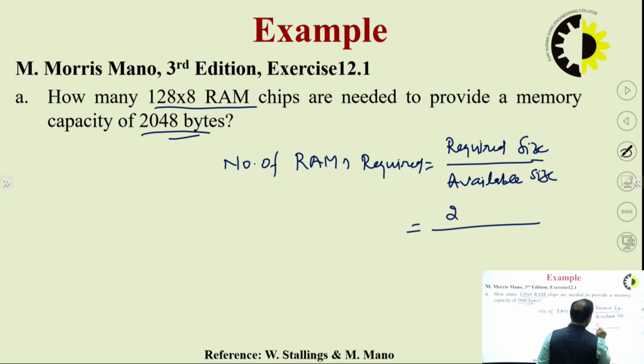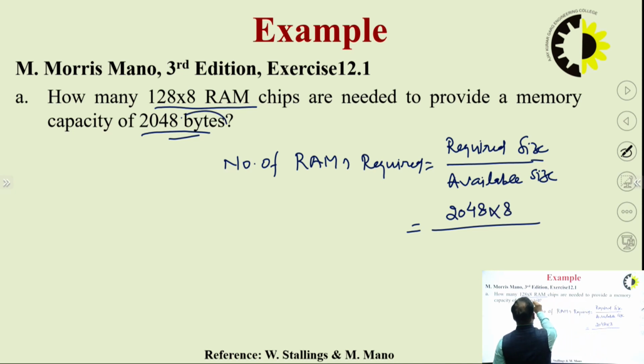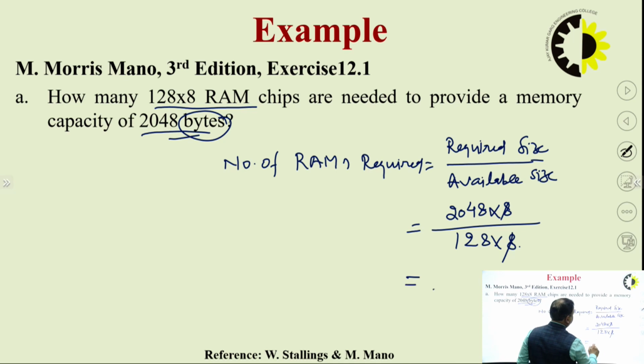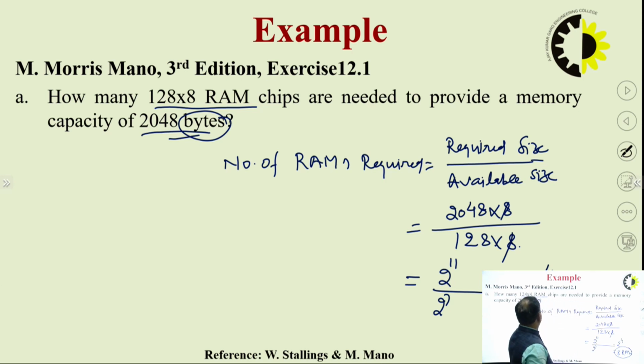That is 2048 into 8, this is bytes, right? And available size is 128 cross 8, right? So we can put it as 2 to the power 11 upon 2 to the power 7, that is 2 to the power 4, that means 8 RAM chips are required to design. 8 RAMs are required to design